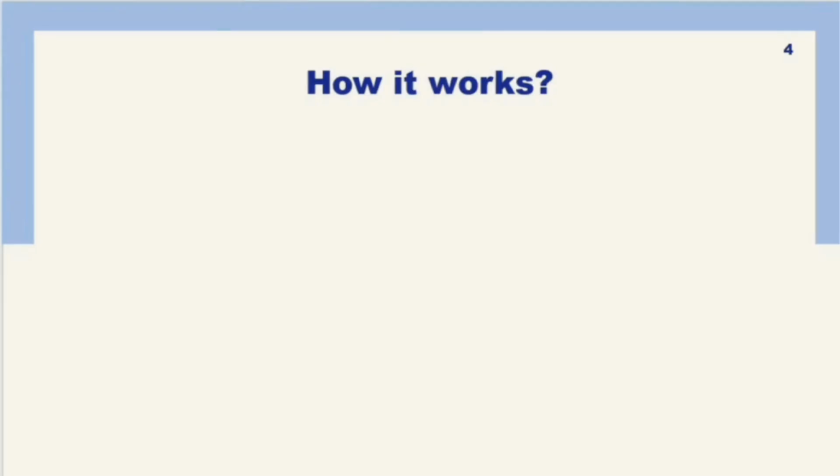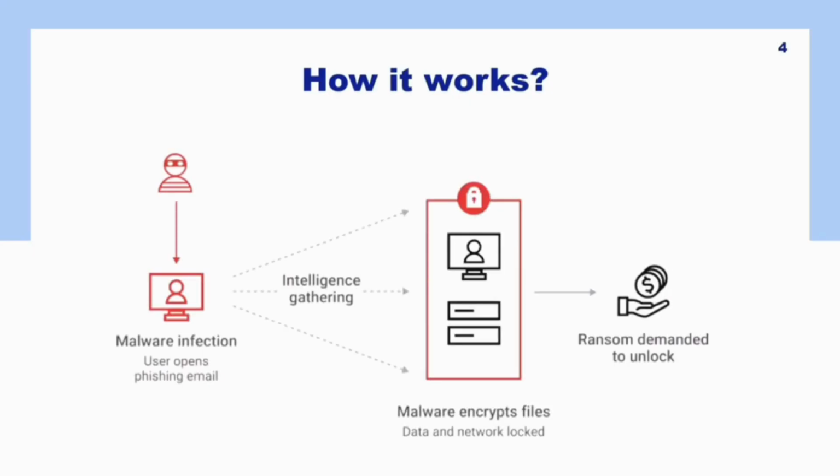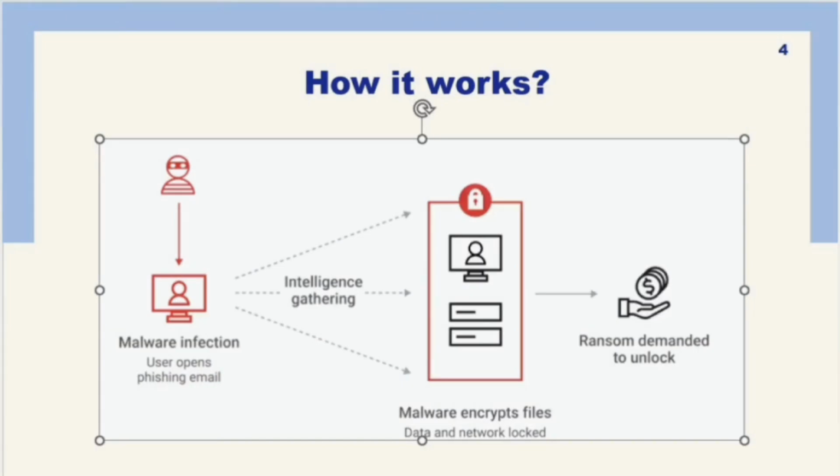Let's understand how a ransomware attack actually works. It usually starts when a user accidentally opens a phishing email. The email might look completely normal or even important, but it contains a dangerous link. As soon as the person clicks on it, the malware gets into the system. Once the malware is inside, it doesn't attack immediately. It first gathers some information, like what the important files are and where sensitive data is stored. Basically, it's preparing to do the most damage.